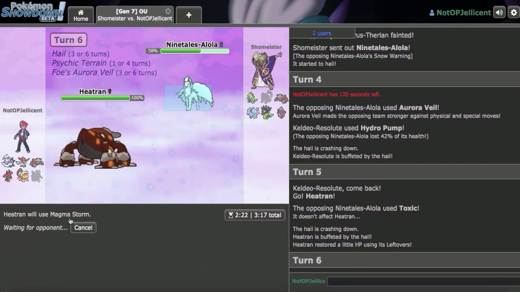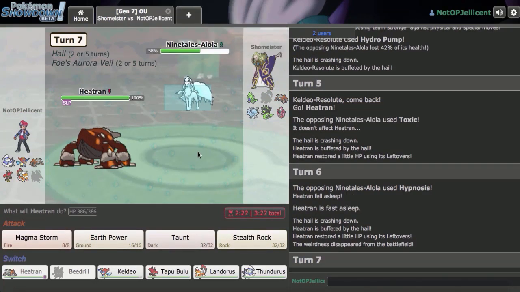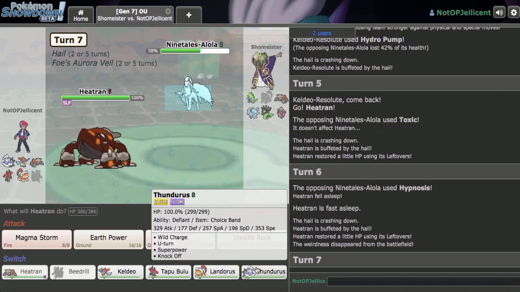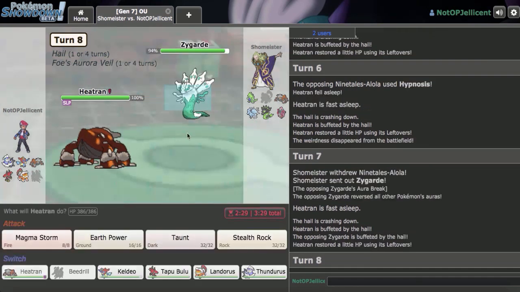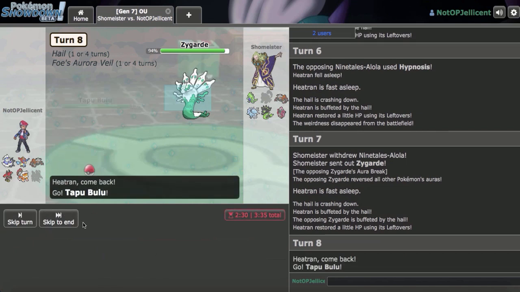Perhaps what I can do now is just go for a Magma Storm, as unfortunately my opponent does hit his Hypnosis, so kind of unfortunate, but the good thing right here is I'm able to stall Veil turns, so I think he's going to go out into his... I'm going to go for Magma Storm. I think he's going to go Zygarde. He does go Zygarde. I think Bulu can probably beat this 1v1 despite the fact that he has Veil up,